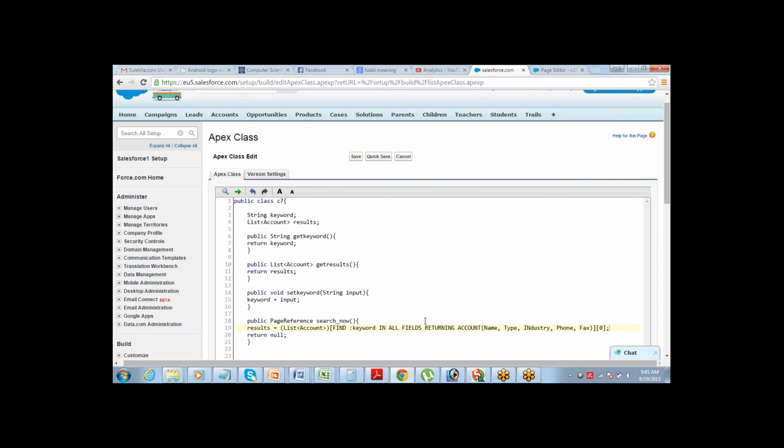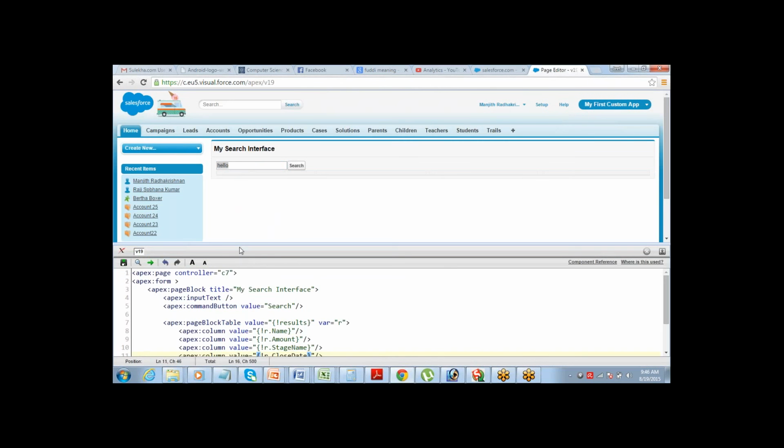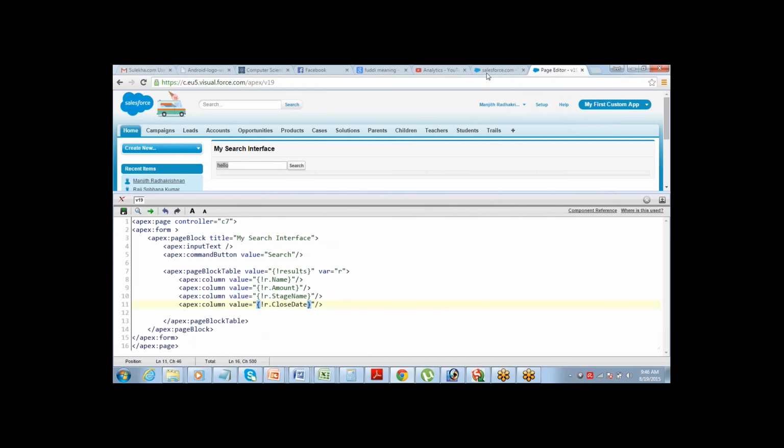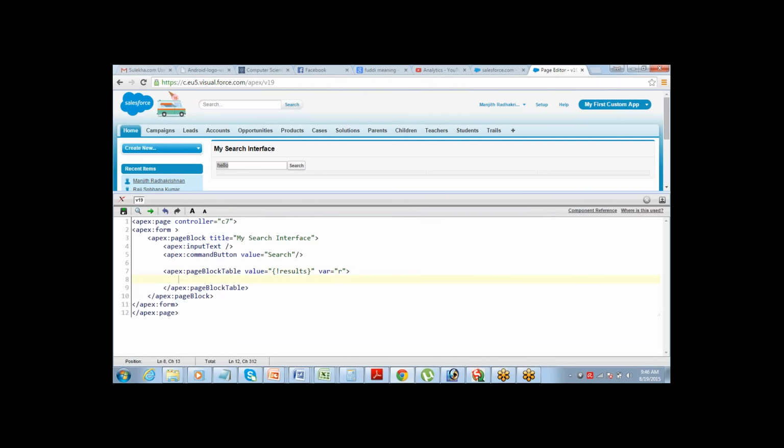Now that's it. My search now will perform a find operation and return it to the results. Set keyword will set the value into the keyword variable, and this keyword variable will be searched here. Now let's go and define these functions or call these functions here. First of all, let me complete this because it's for account now.